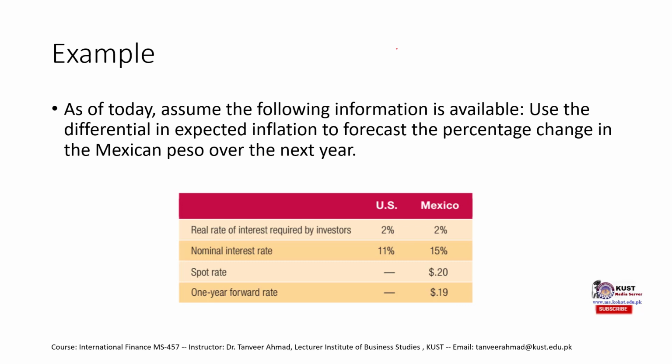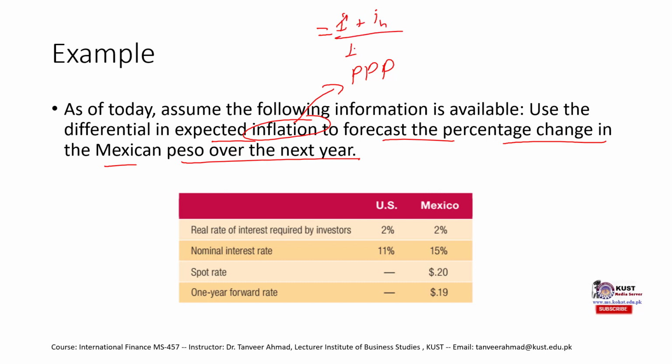Okay, as of today, assume the following information is available. Use differential in expected inflation to forecast the percentage change in the Mexican peso over the next year. So when it says inflation, we are using purchasing power parity. We just need to use that same formula, which is (1 plus IH) divided by (1 plus IF). But we do not have the inflation values in this table. But we know that